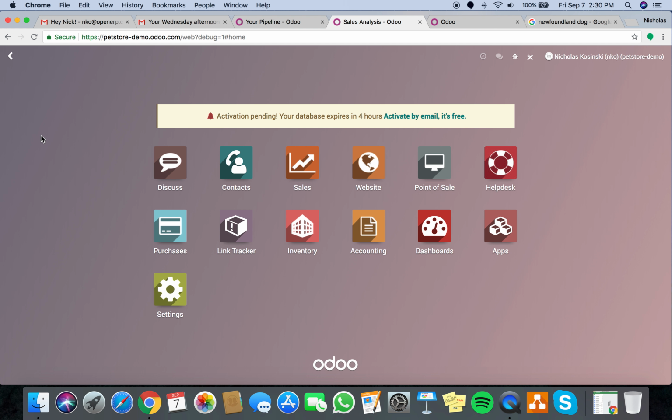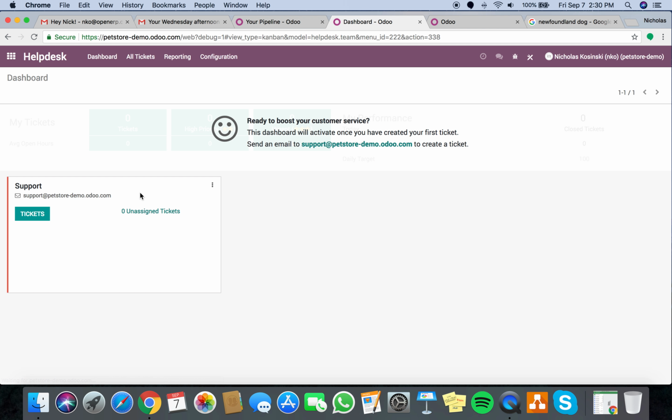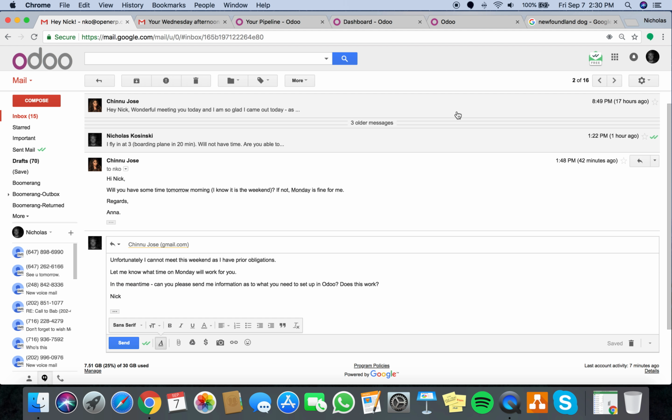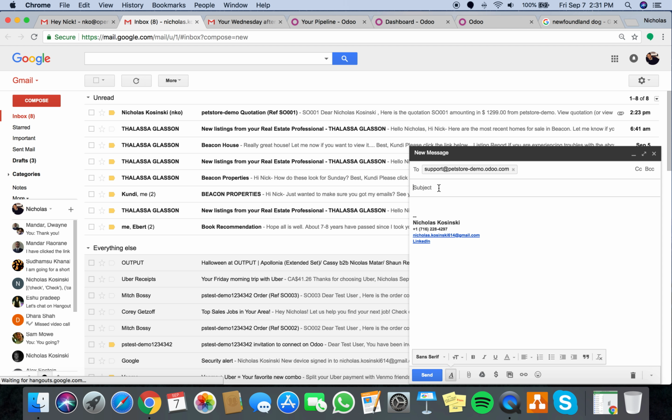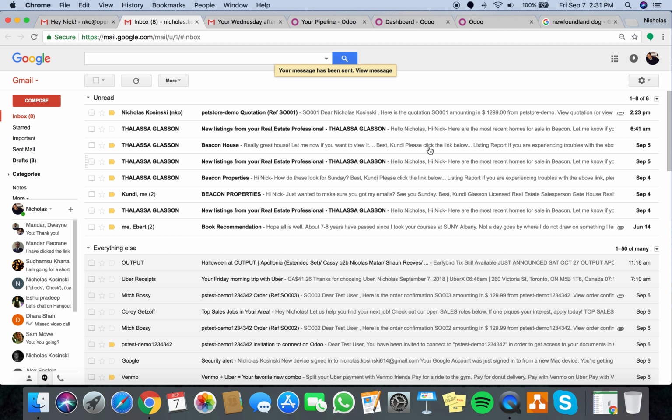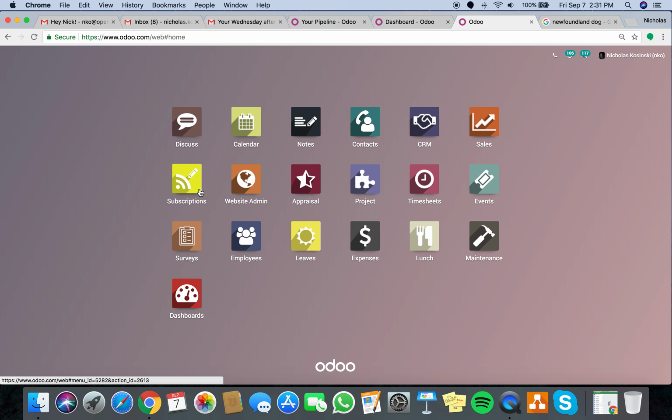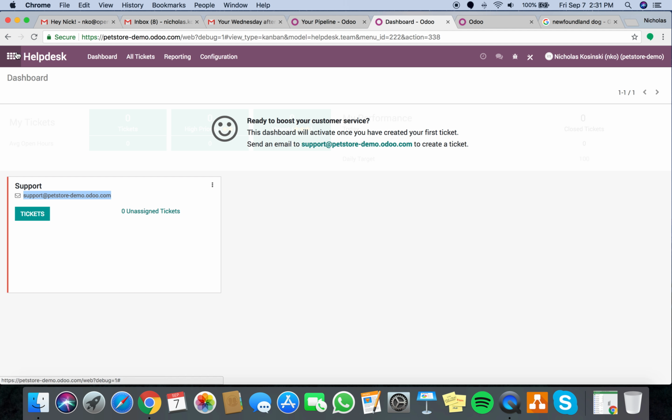There's one other thing, right? There's the help desk that might be useful if someone submits a support ticket here. For instance, if I go to here, I submit a support ticket, like my dog is sick, help, send that in. If I go back to my Odoo environment and go into my help desk,